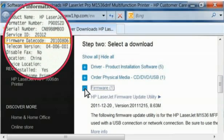Using the config report you printed out earlier, find the firmware date in the Product Info section. Compare this date to the version listed on HP's website software page. If the firmware date on the config report is the same as the firmware version on HP's website software page, your printer is up to date and you do not need to continue with the update. If the firmware date is different on the config report than the firmware version on the HP website software page,